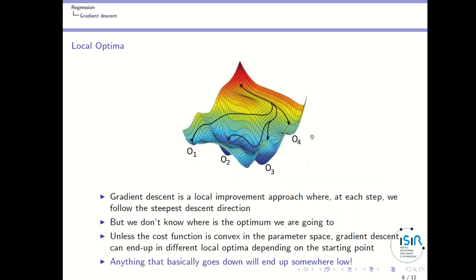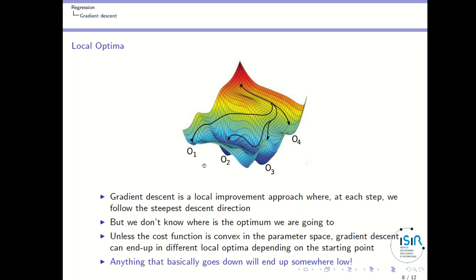Now, a different property about gradient descent that you have to be aware of is that if you are using some noise in your gradient descent, it may happen that the same gradient descent starting from the same point may end up in very different local optima. So here we have an example of a function where we have 4 local optima, O1, O2, O3, and O4. And if you start from here, just by having some noise, you may end up in this one, or in this one, or in this one, or in this one.